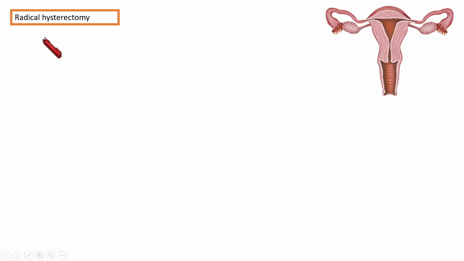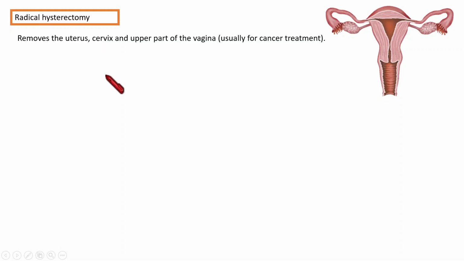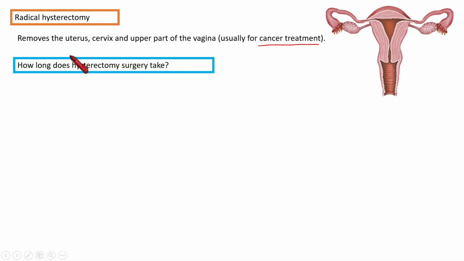So next and the last one is radical. It is an extreme type of hysterectomy, and this hysterectomy is usually done in some situations, like if a person has critical diseases like cancer. As a treatment for this disease, doctors suggest radical hysterectomy. In this case, the majority of the reproductive structures are removed, like